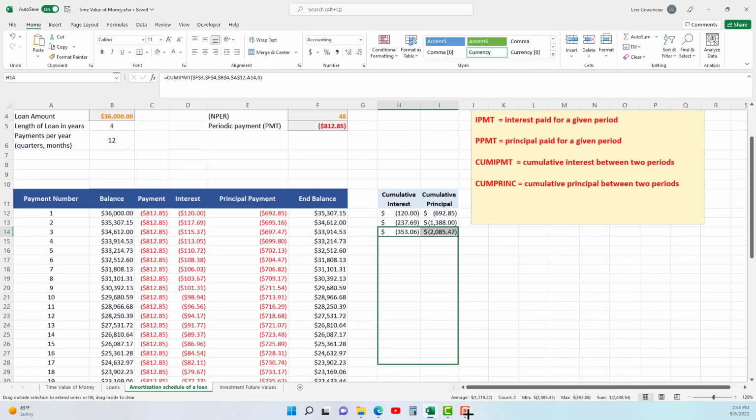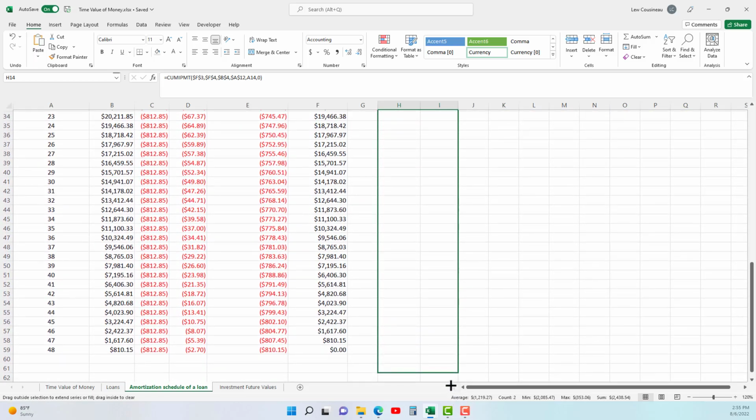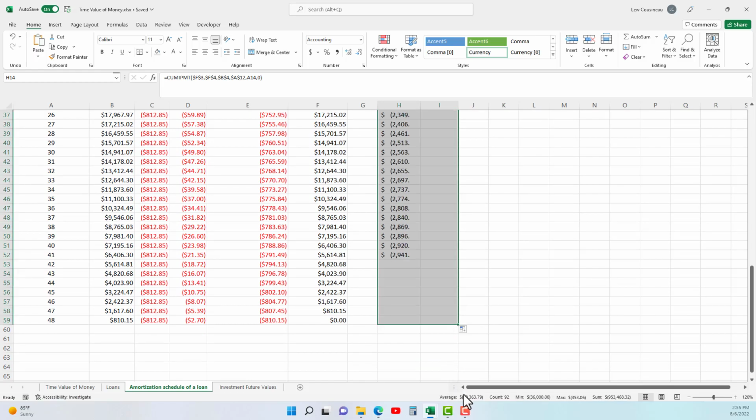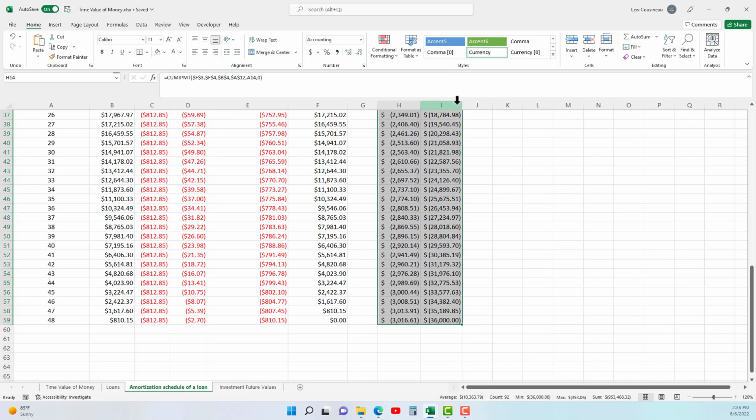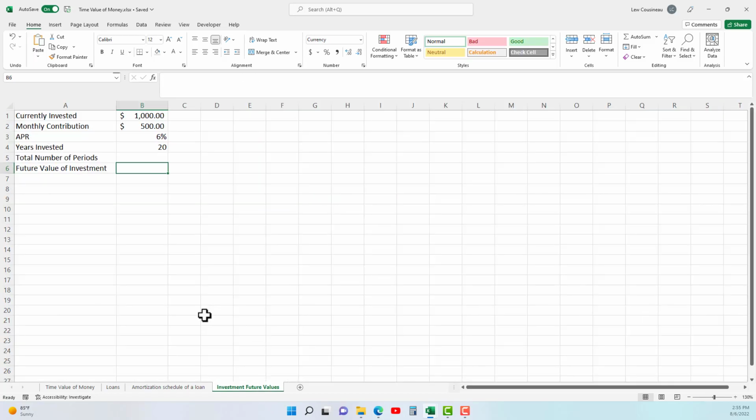It won't double click because I have that blank row in there, so we'll just drag down, blank column I should say. And let's double check, 36,000, and we paid 3,000 in interest. That is our fee to the bank for lending us money. So speaking of fee to the bank for lending us money, let's talk about you lending the bank money or